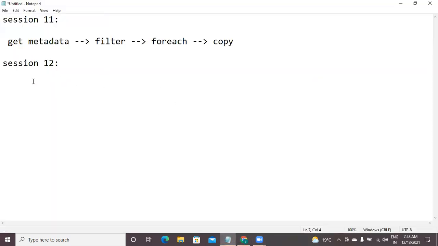So first, one thing I would like to demonstrate to you, as part of session 12: how to apply multiple conditions in the filter activity.